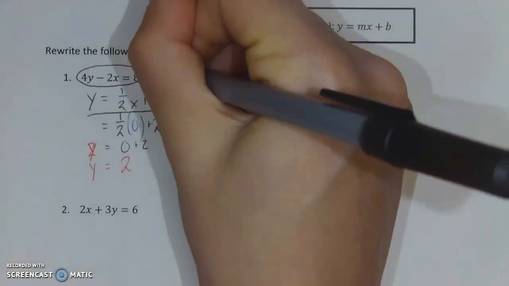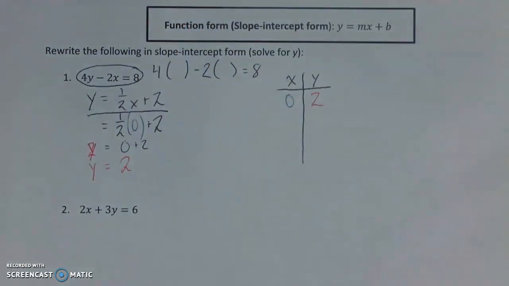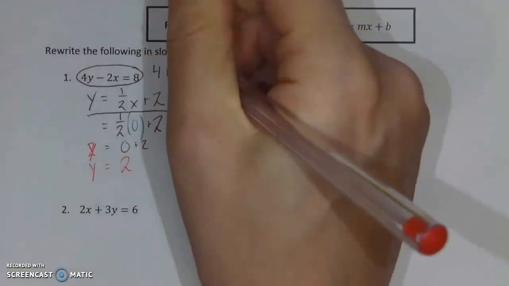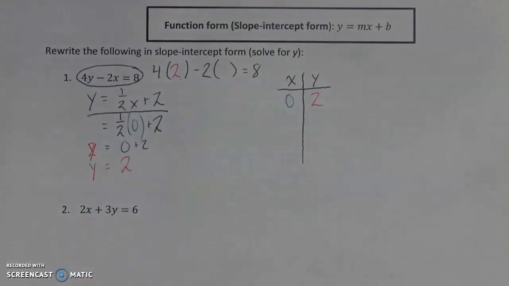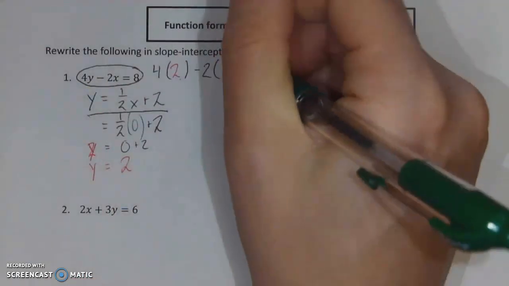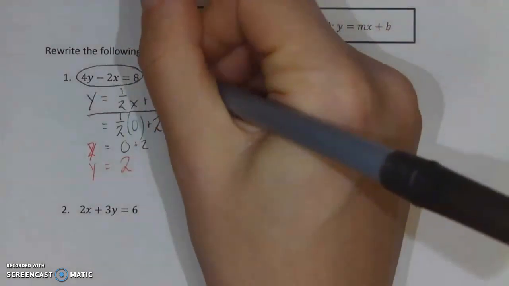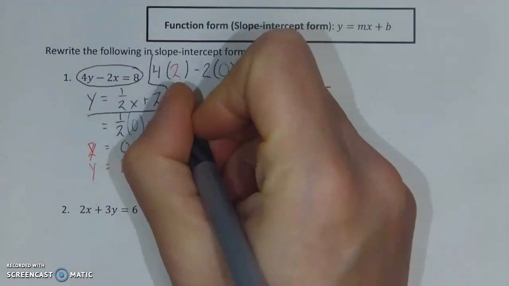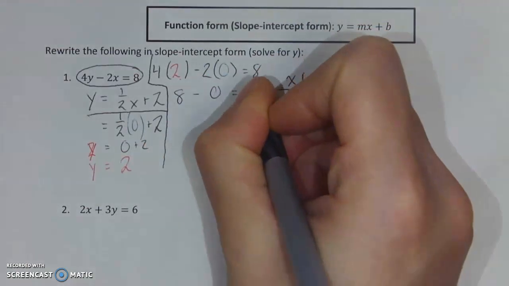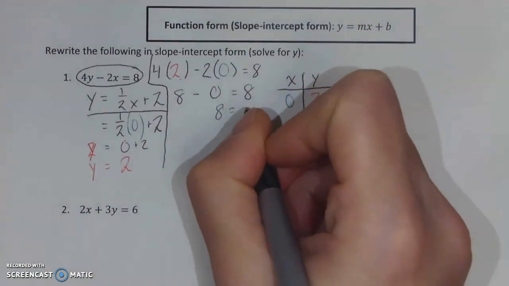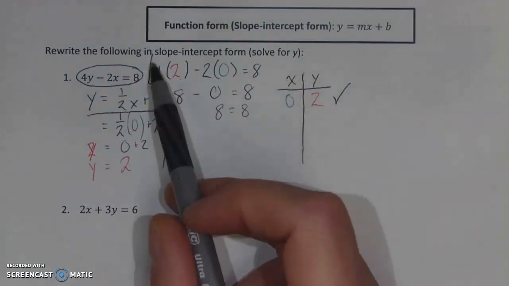We've got 4 times y minus 2 times x is equal to 8. My y value is 2. Careful that you're substituting into the y here. And my x value, of course, according to my t-chart, should be 0. So 4 times 2 in this check is giving me a value of 8, of course. And 2 times 0 is 0. And is it true that 8 minus 0 equals 8? Why, yes, it is. So that means that we did this right, and this is a solution to this